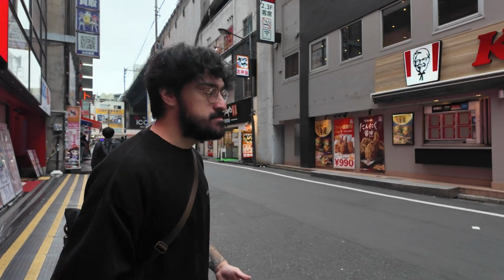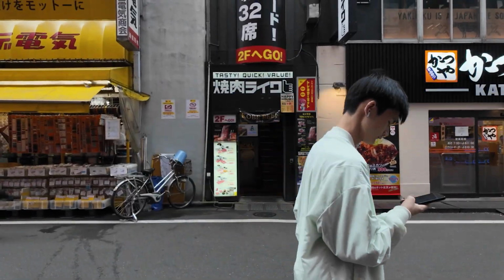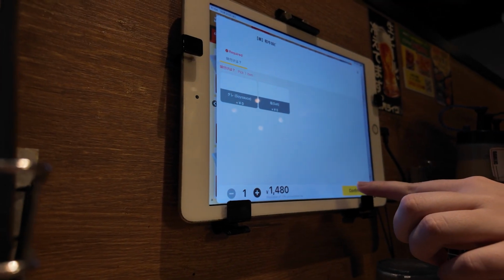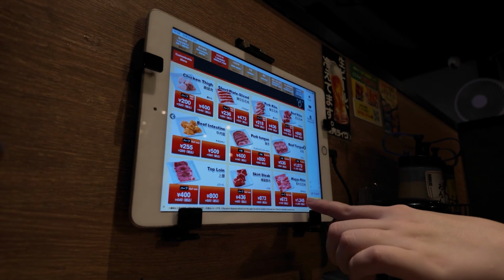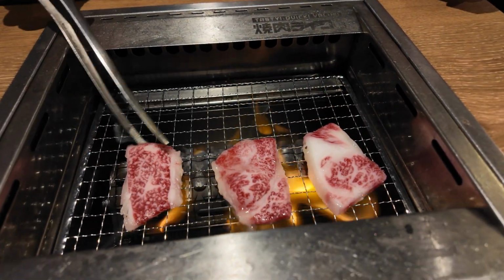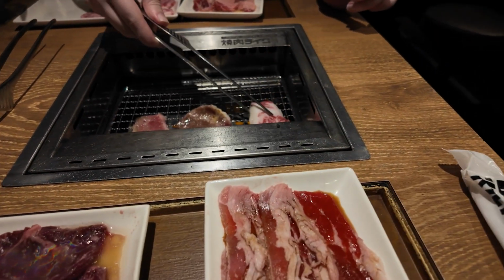Basically, if you've ever had Japanese barbecue in the States or anywhere else, usually it's very fancy, it's very expensive, but in this case, it's quite the opposite because you cook it yourself and you get to order off of this pretty cool tablet, and you get to choose all the different meat options, and also they have different sauces for you to choose, which is really, really tasty. So this is one of our favorite spots that not a lot of people know of, so definitely give it a try if you want to try out different cuts of Japanese meat. We got Wagyu, we got Kobe beef, we also got like short rib, and they're seasoned and it's delicious and